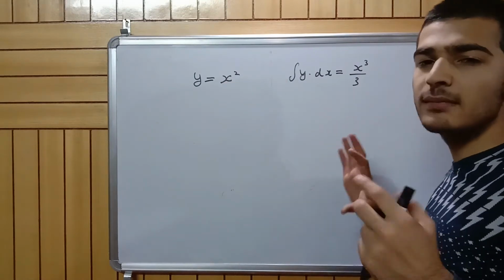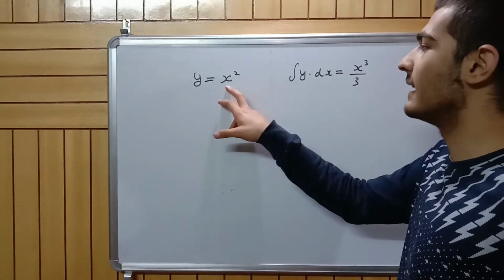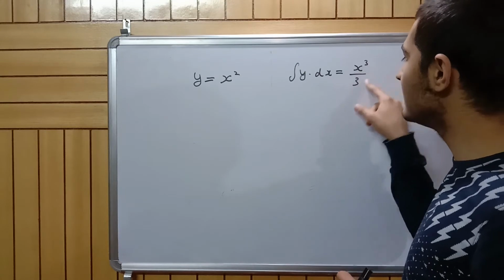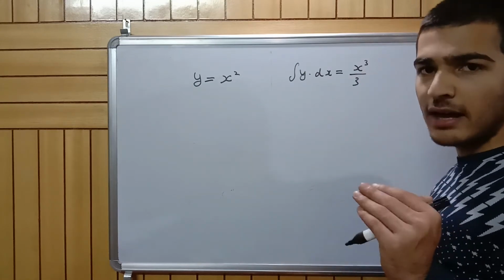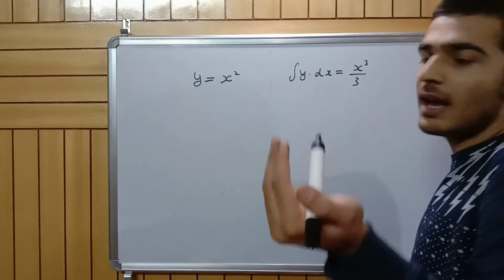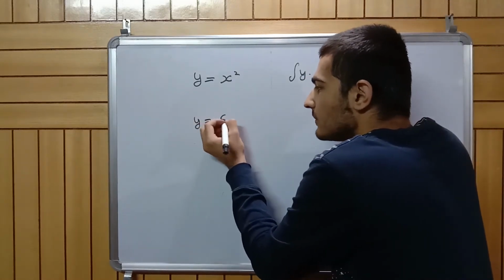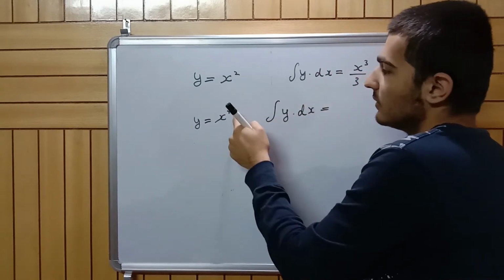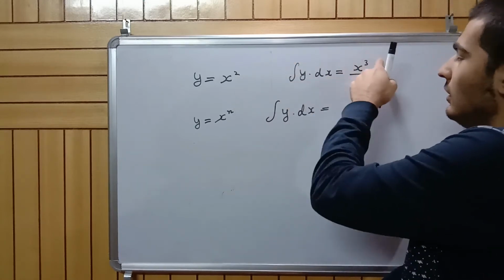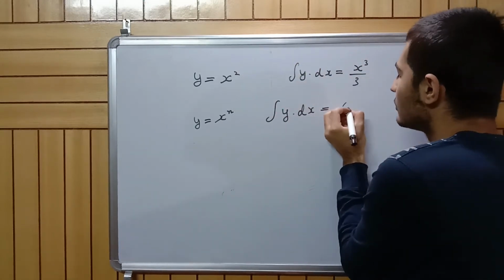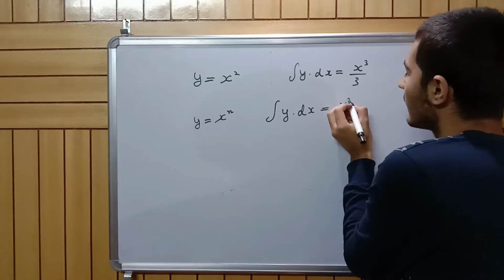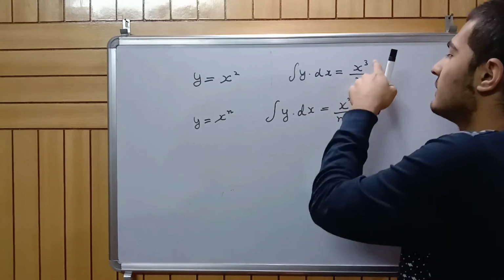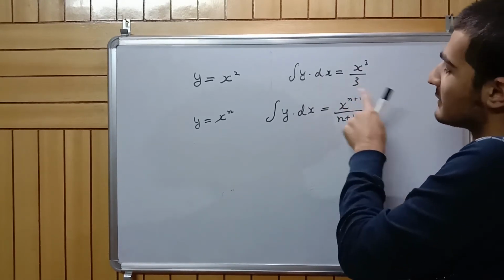So we need to frame some rule in this case also. So what have I done here? I have increased the power by 1, right? And also the same power comes in the denominator. Now I know I'm going a bit mechanically, but that is how we actually do it. So if I have to write it in general terms, x raised to power n, how will you write y dot dx? So you increase this by 1, as I've done going from 2 to 3, I've increased the power by 1. So I increase the power by 1, n plus 1, and divide by the same number, n plus 1, the same power, okay? Here, I divide the expression by the same number.